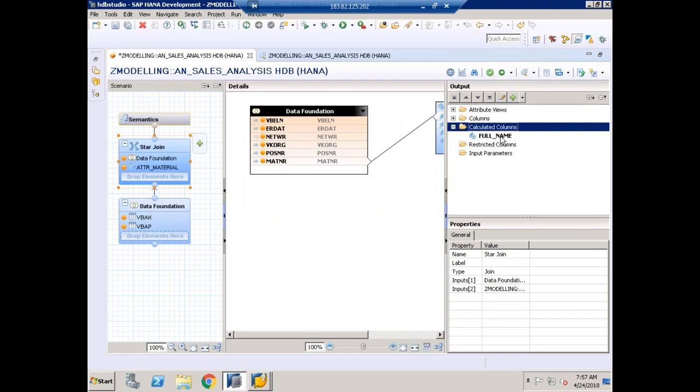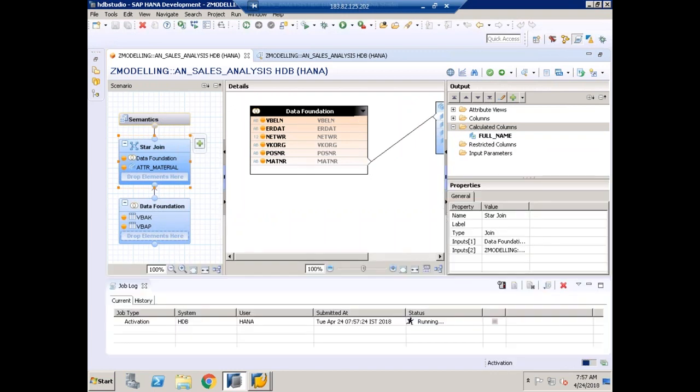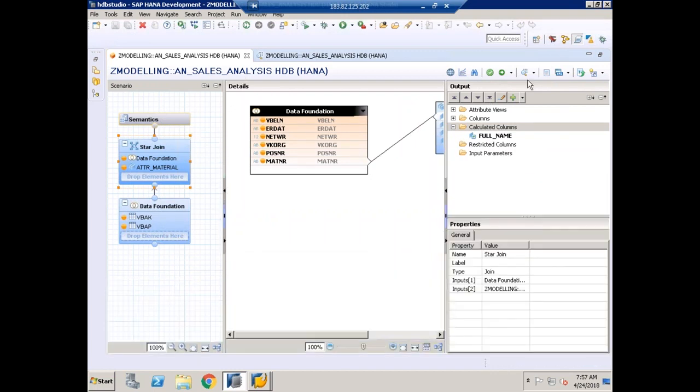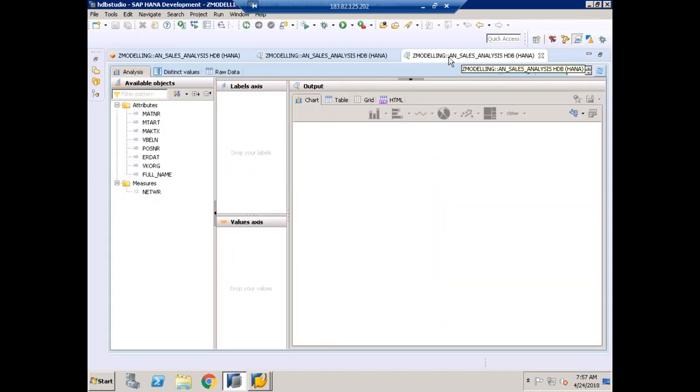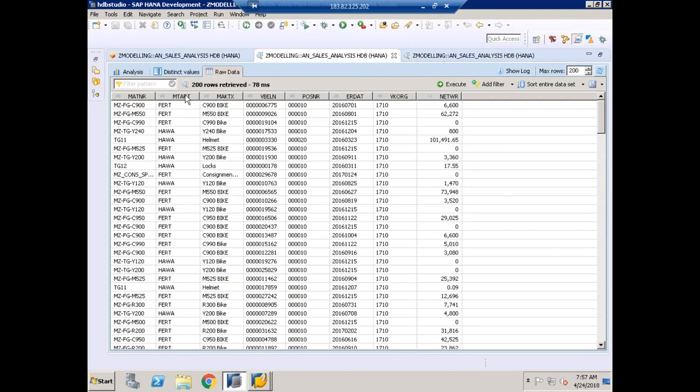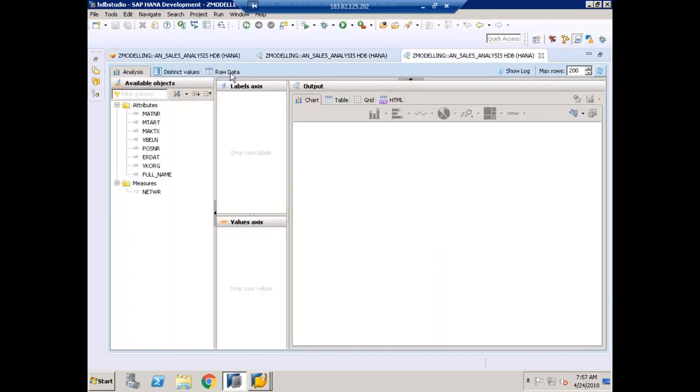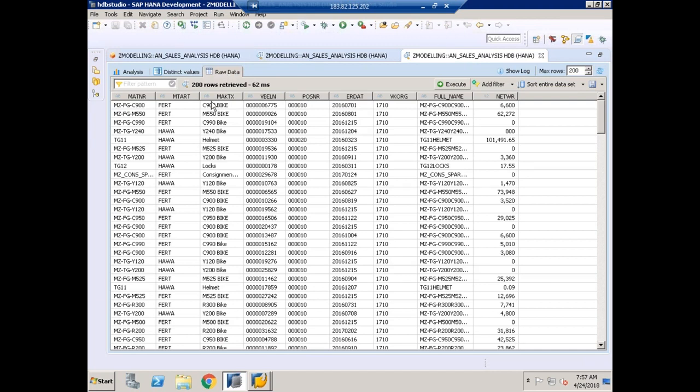So we have constructed one additional column, Full underscore Name. So let me save it. Let me reactivate. Completed successfully. Done. So let me preview it once again. I'll click on this data preview. So you can see one more output I got. Earlier output I got how many columns? 8 columns. Now if I go to raw data, good, you can see now